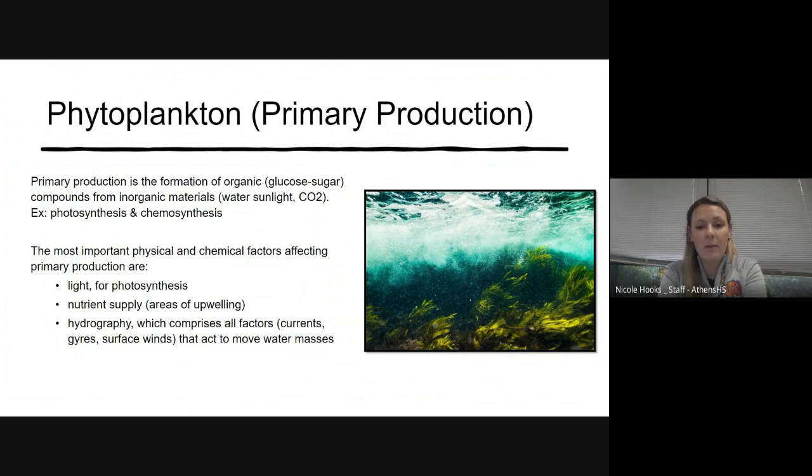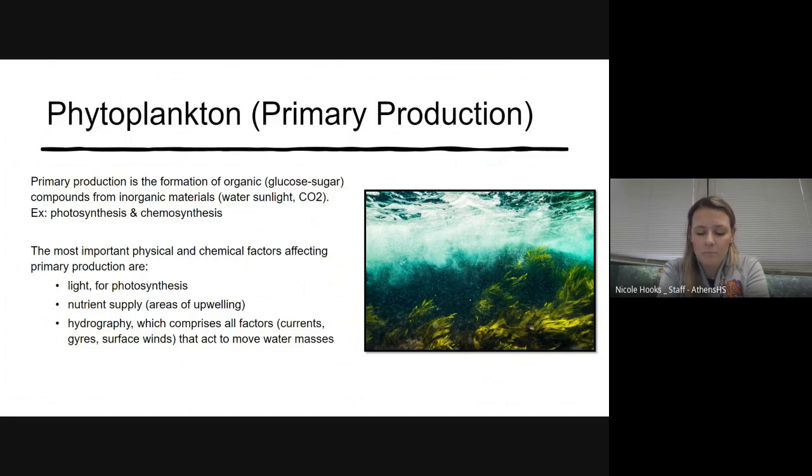All right. So another thing about phytoplankton is obviously they give us primary production, and they are necessary for us to get food, to get glucose as sugar. So they take in sunlight, water, and CO2, and they release an organic compound called glucose or sugar, and they release oxygen. Both things that do photosynthesis and things that do chemosynthesis do those things. They ingest different things. So chemosynthesis uses water, CO2, and then a chemical. It can be either methane or